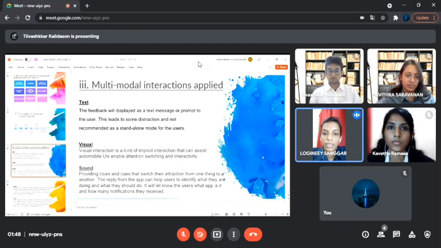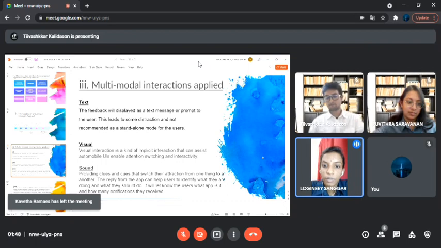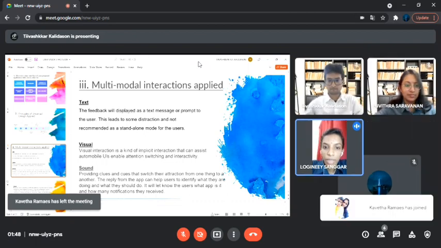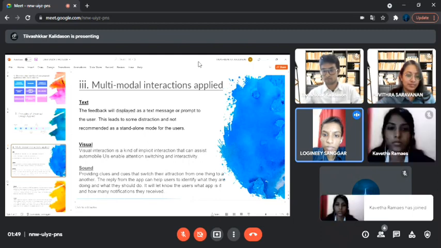Third is sound, providing clues and cues that switch their attention from one thing to another. The reply from app can help user identify what they are doing and what they should do. It will let the user know what app it is, how many notifications they receive.